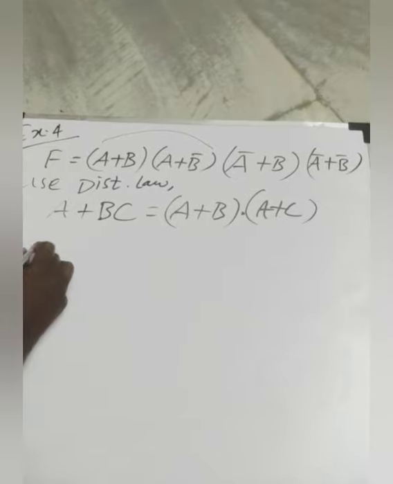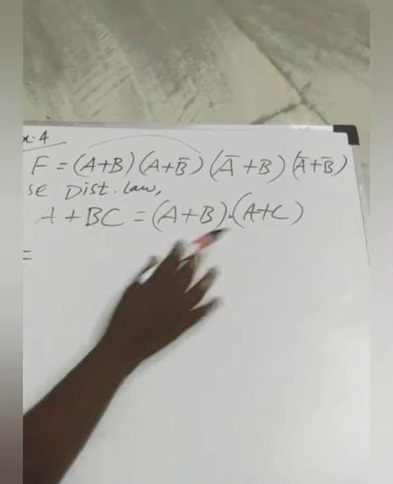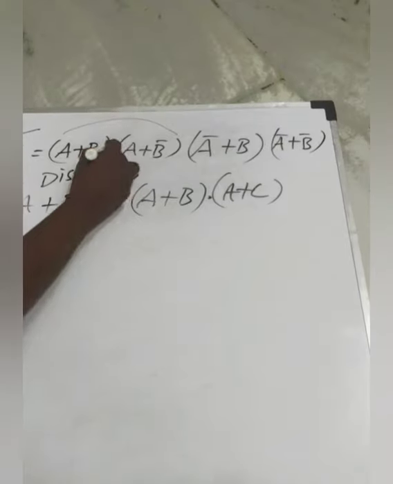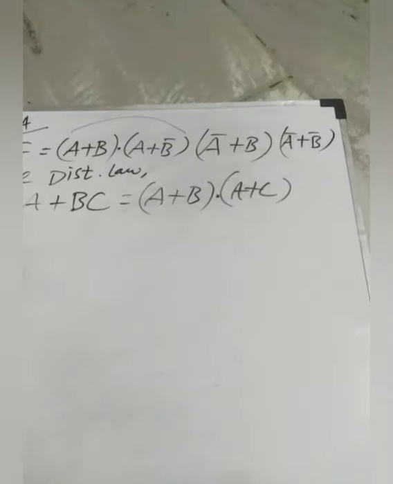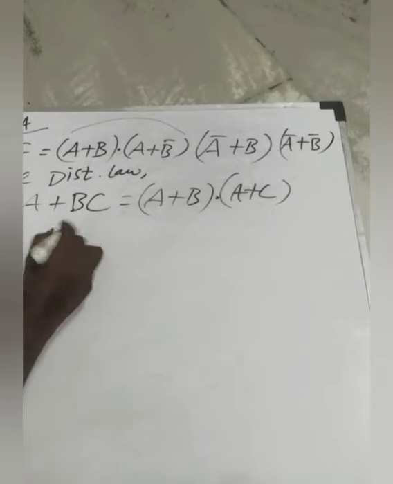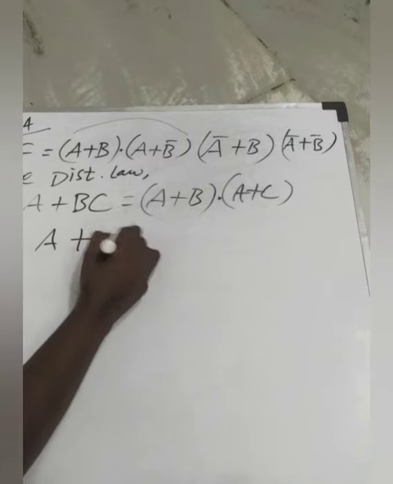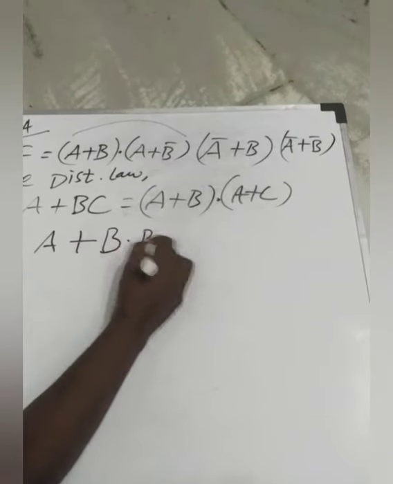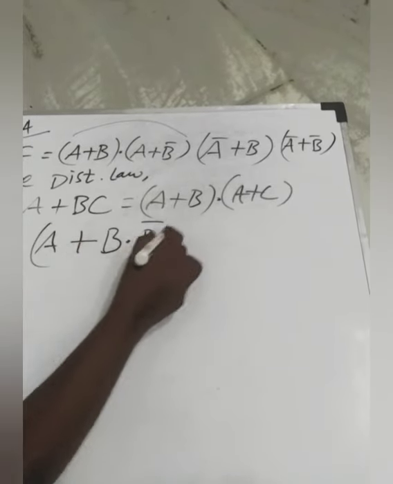Take these two terms here. Compare these two, then you will get to know. See, this term is the same and this term is also the same. And what is your answer? What you should get: a is common, plus b in, that is the AND operation, so b and b̄.